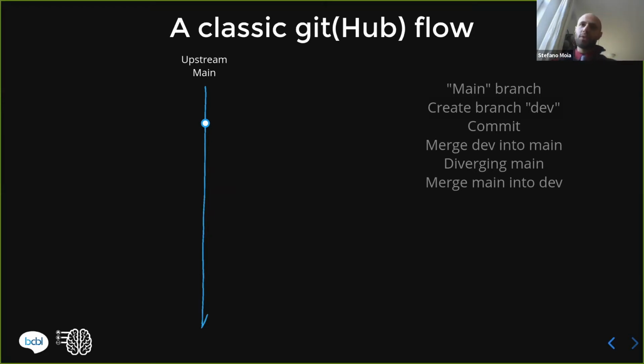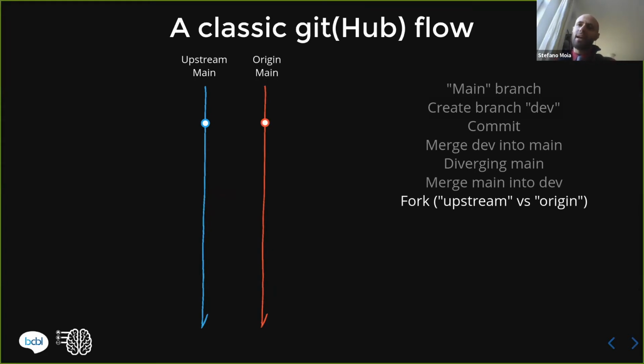So what we tend to do is create a perfect copy of that initial repository. We will call the initial repository upstream and the perfect copy origin. And we say, if it's the first time that we're doing this operation, that origin is a fork of upstream. So we fork upstream into origin. All right, we created the fork.